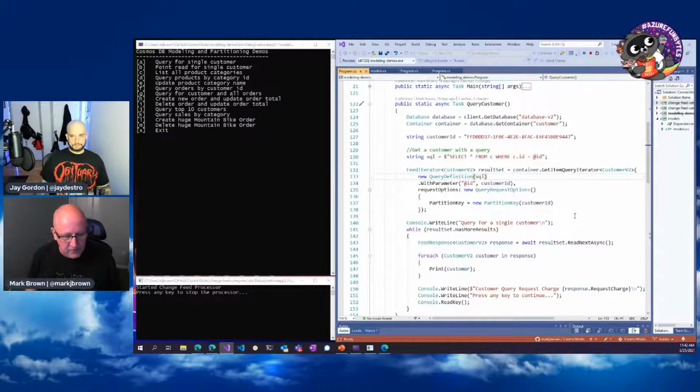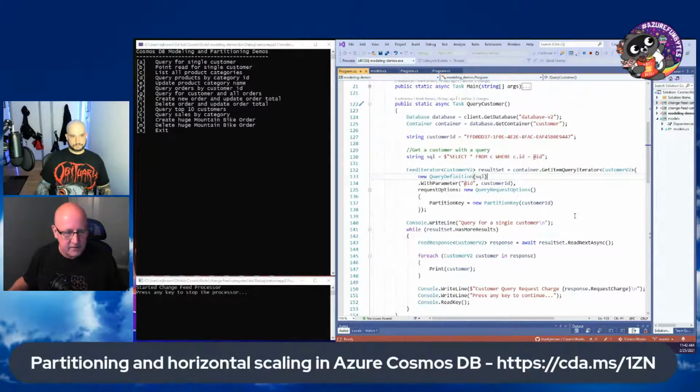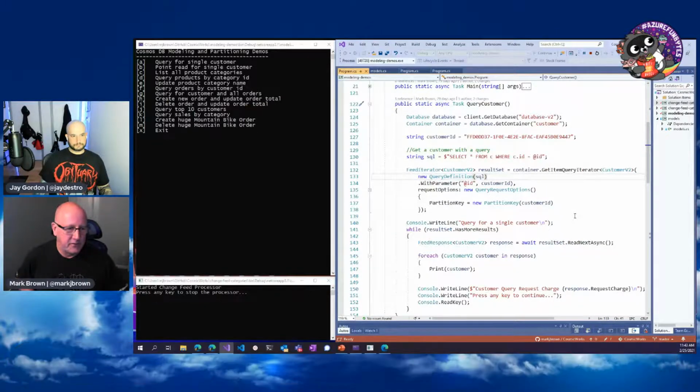But you don't realize how bad the performance or cost is going to get until you get into larger numbers. If you have a small database running on a single partition, your queries are going to be fast and not cost very much. It's not until you scale out that you realize, oh no, I picked a terrible partition key, because my queries don't use it or for some other reason I'm not getting the performance, and I can't scale out for what I'm trying to do. So understanding your access patterns and usage patterns and picking a good partition key is super important.